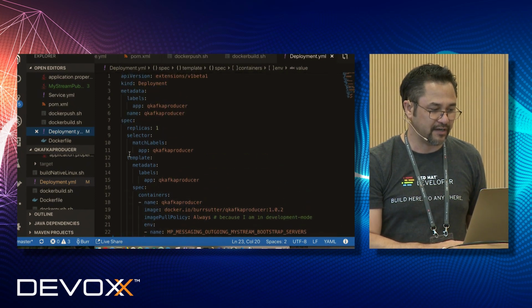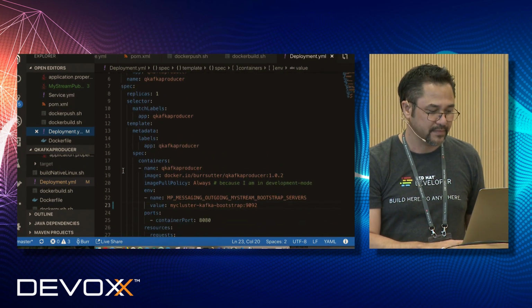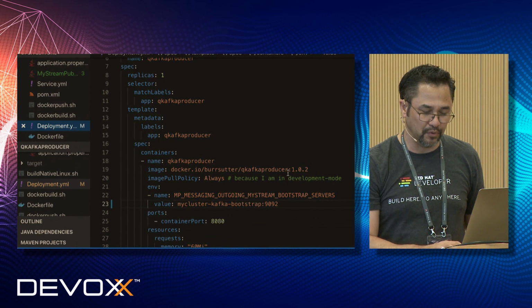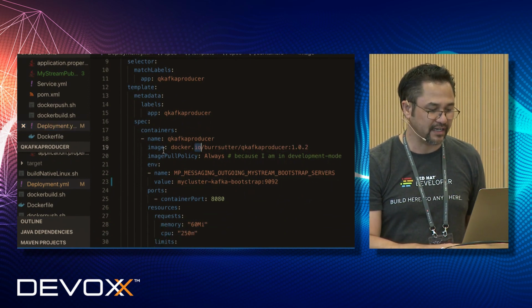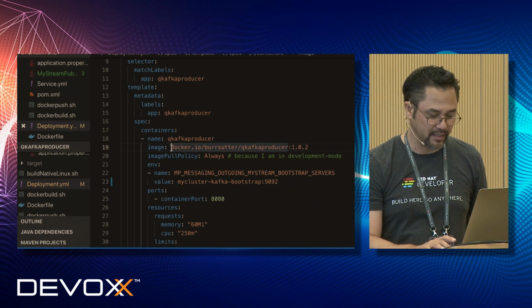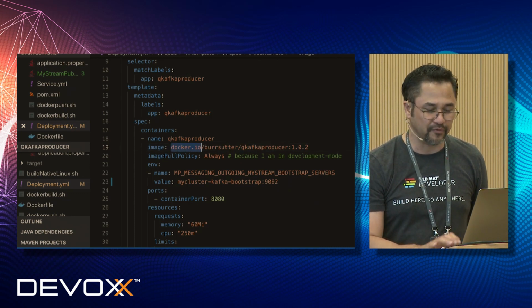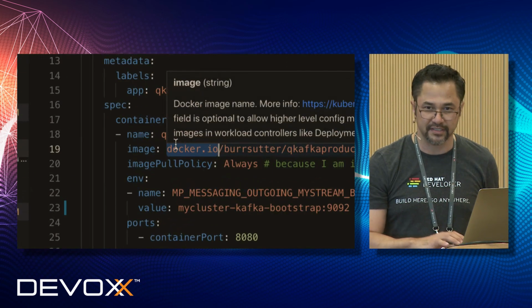So again, this is a standard deployment YAML, nothing weird here. You can see there's the image name. It's going to pull 102 from Docker.io. Okay, so you're going to actually see a lot of different registries at this point. It used to be everybody pulled from Docker, and that's what Docker.io is. But now you're going to see